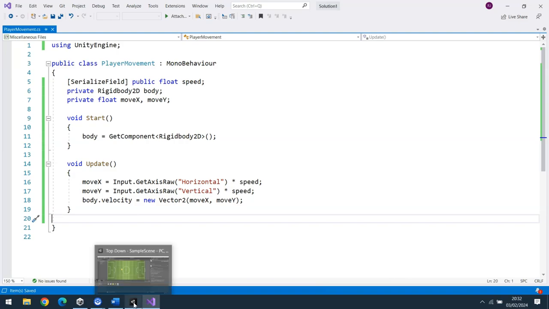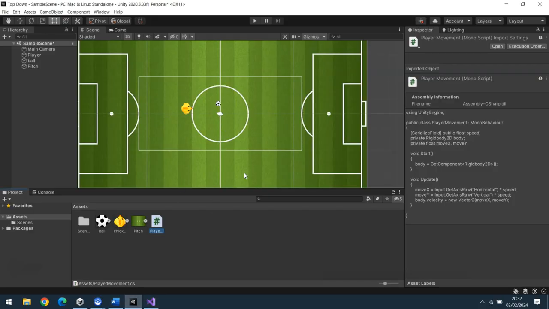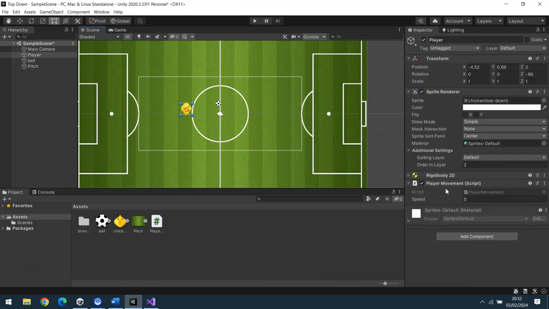Now, when we come back onto Unity, no errors, great. If I click on the player here, you'll see that the script has been associated with it, and this is that speed bit which was just referred to in the code. At the moment, speed is default set to 0, and I can change it here to whatever speed I want. Now, what should happen is when I press play, our player won't do anything until we press up, down, left, or right, and it will start moving